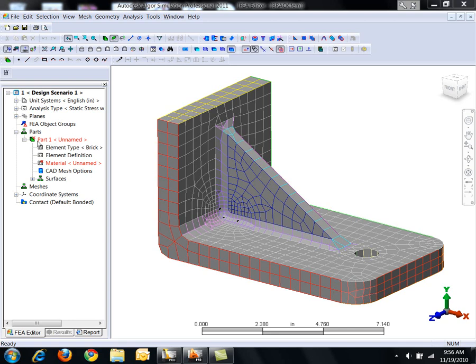If you look over here in the model tree, notice my Part 1 icon just looks normal, as does my CAD Mesh Options icon. But if you ever see a red trim around that icon, or around either of them, actually it will show up on both if it shows up on one, that represents a feature matching warning. Okay, so if you right-click on CAD Mesh Options and you go to Feature Matching,